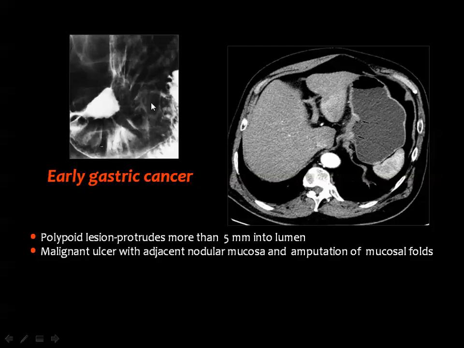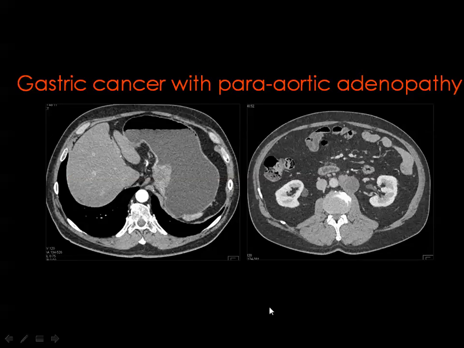And in the barium study, one of the classic findings is that you can see amputation of the mucosal folds a good distance away from the site of the ulcer, indicating that there is an infiltrating lesion destroying this site of the mucosa. And this is an example of a gastric tumor near the fundus of the stomach with metastatic retroperitoneal lymph